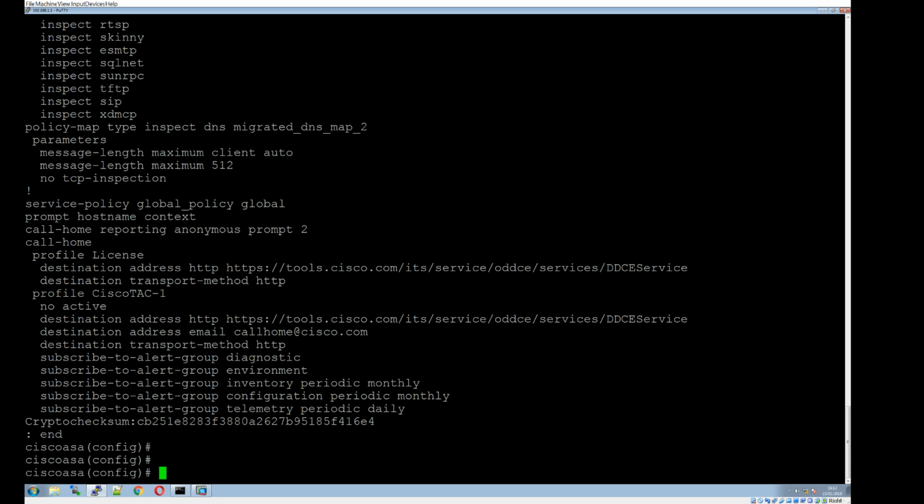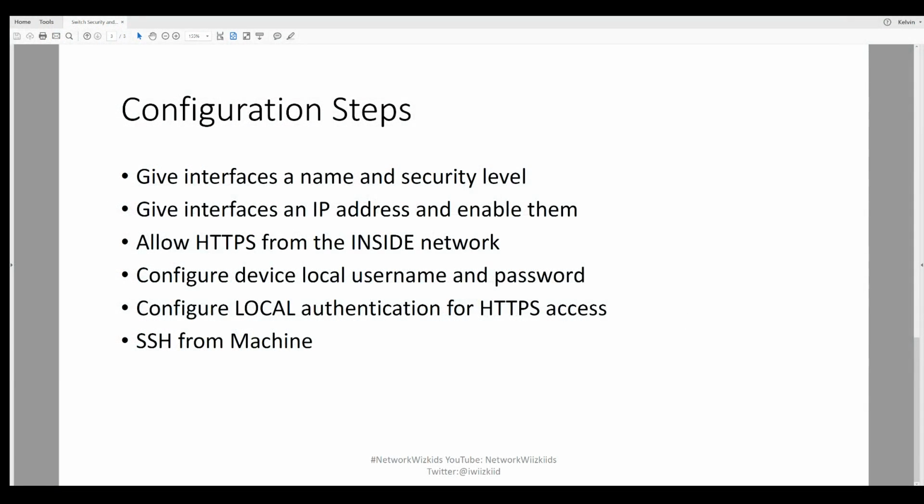So while we're on here, let's just flip back to the presentation. So we've basically done all them steps now. We've verified that we can access the ASA from our machine. We've got obviously a local authentication with the username WizKid in place. So all these steps are done now. But as I said, there was one step that I didn't include in our configuration steps, and that was to